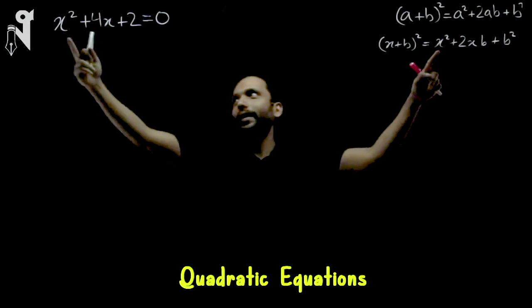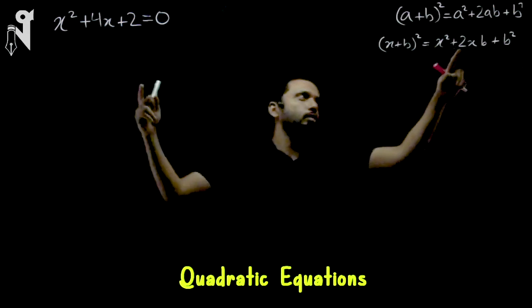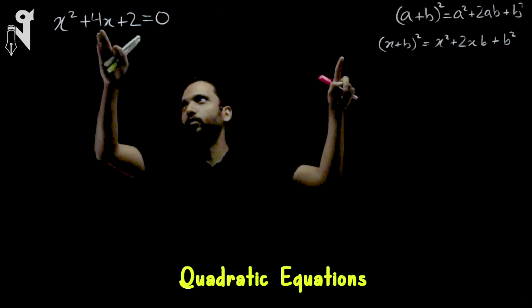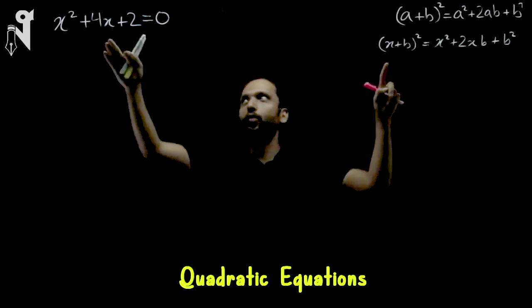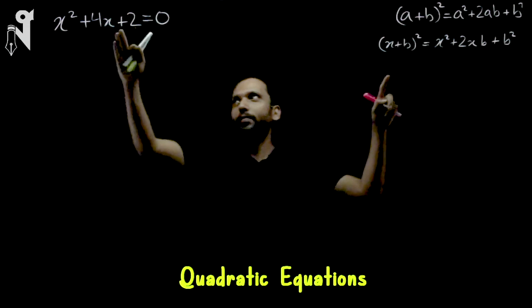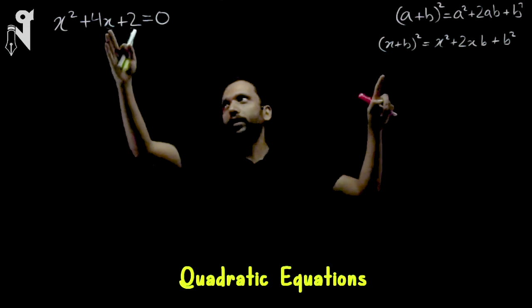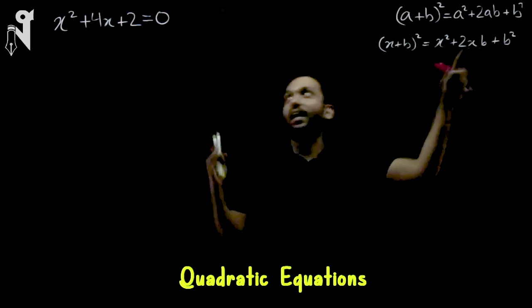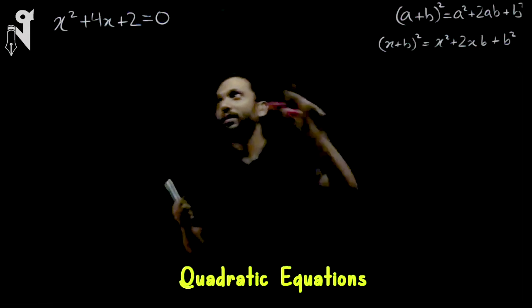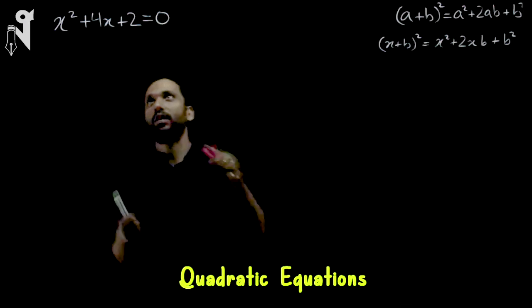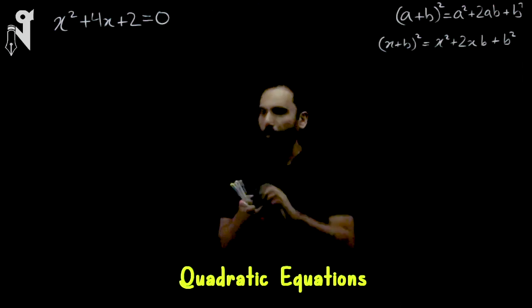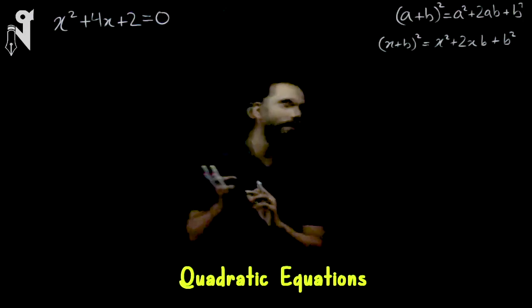So x square and x square is what you see. The next term is 2x and something, and this one is a 4x. It can be very well made into 2x into something. So if I write it as 2x into something, I'll get my b, which is quite important, and then I need to have a b square over here. Will this be equal to b square? If it is, then it is already a whole square and I don't have to do much, but maybe it is not. Let's just see.